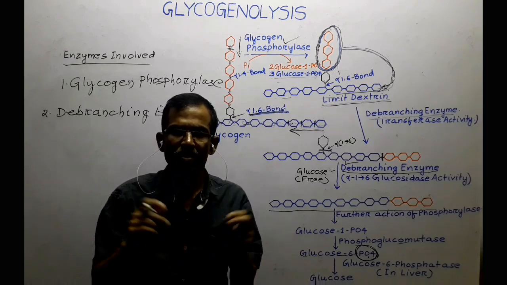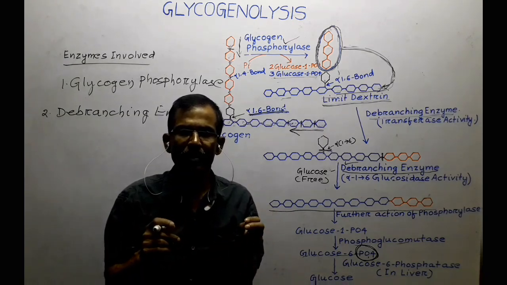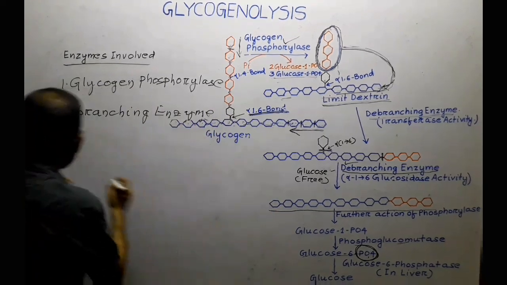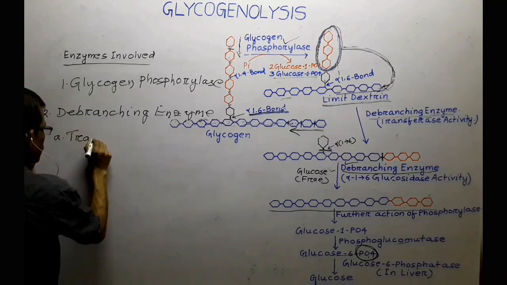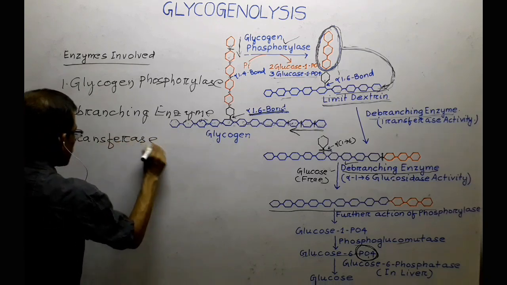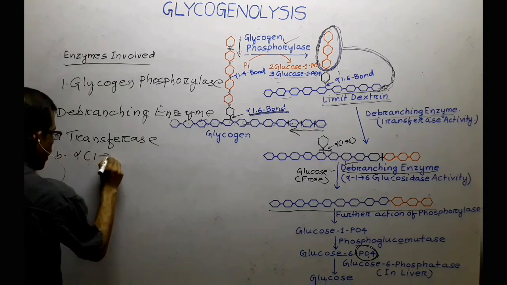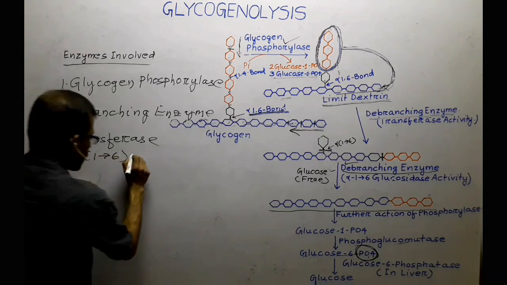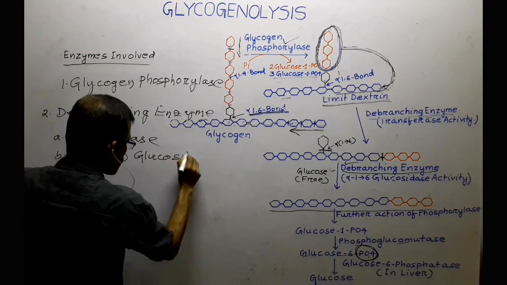So debranching enzyme is a bifunctional enzyme and the different activities are transferase activity and the other is alpha-1,6-glucosidase